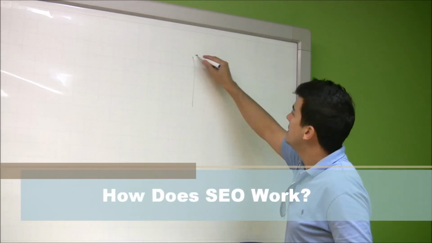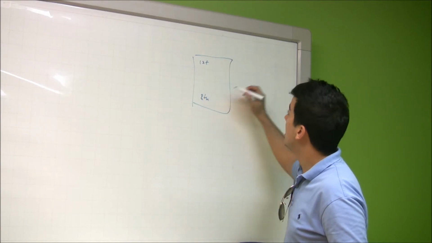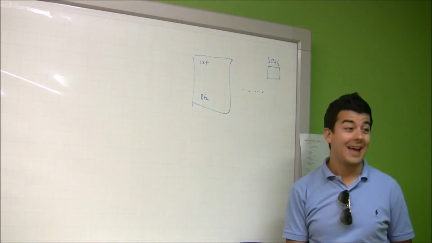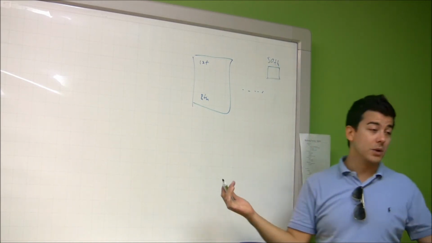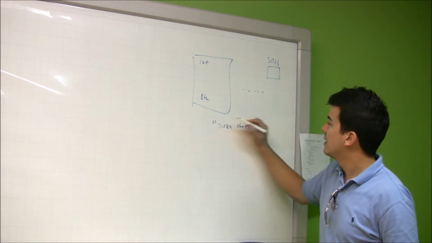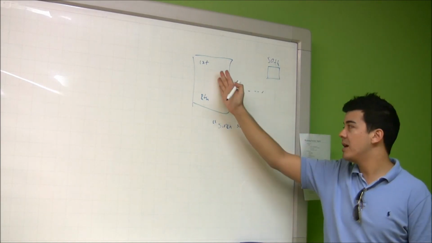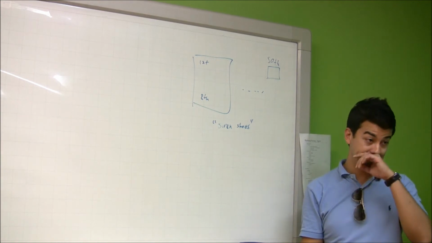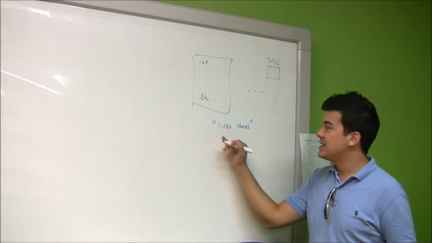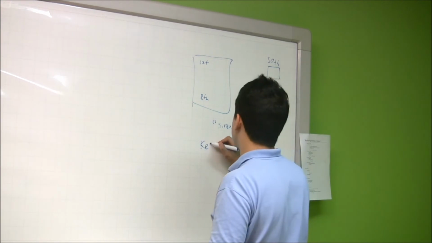How does Google determine whether you come up first, or you come up 8th, or you come up on the 50th page? How do you know? It's all about keywords, obviously. If I search for siren shoes, I get 10,000 pages for siren shoes. How do I pick one from the 10,000? How does Google pick one? Essentially, number one, you need to have siren shoes on your page. So you want keyword relevancy.